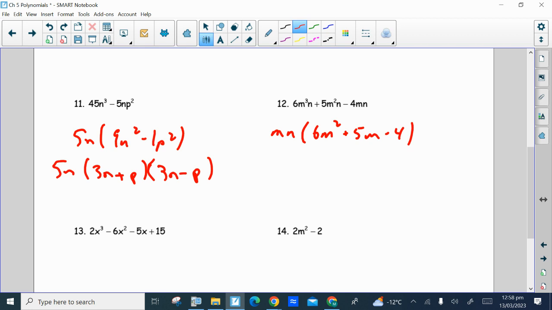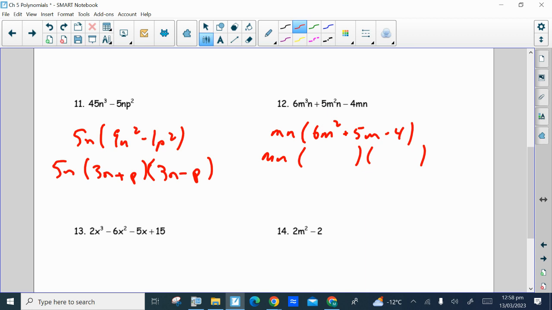So there's our first step, common factor of mn. Now, the trinomial that's left inside the bracket, we're going to see if we can factor it as well. And because the front number is 6m squared, we have to do it by guess and check. We cannot use those steps of finding two numbers that multiply to get negative 4 and add to get 5. It doesn't work because the front number, the number in front of the squared term, is not 1,